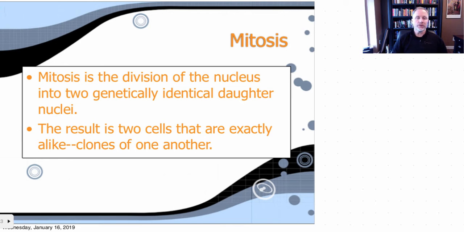So as far as mitosis is concerned, that's basically the division of the nucleus and the splitting up of the contents of the cytoplasm, the cell, so that the result is two genetically identical clones of one another. So these cells have to be exactly alike. That's the most fundamentally important portion of mitosis, that these cells have to be the same. If they're not the same, then there's some sort of a mutation that's occurred, and of course that's going to be bad. So you want two cells that are exactly like that original one.